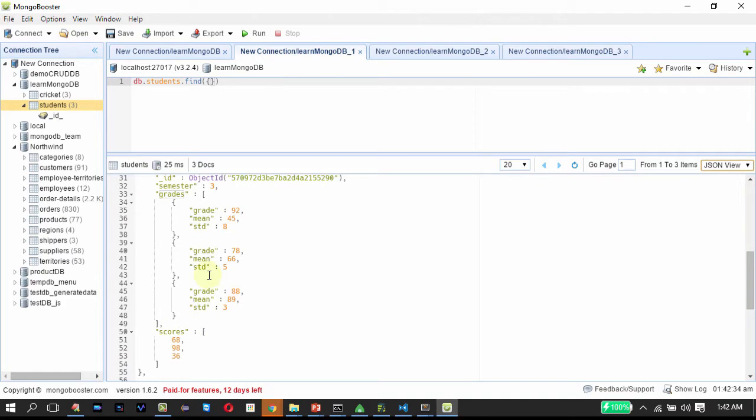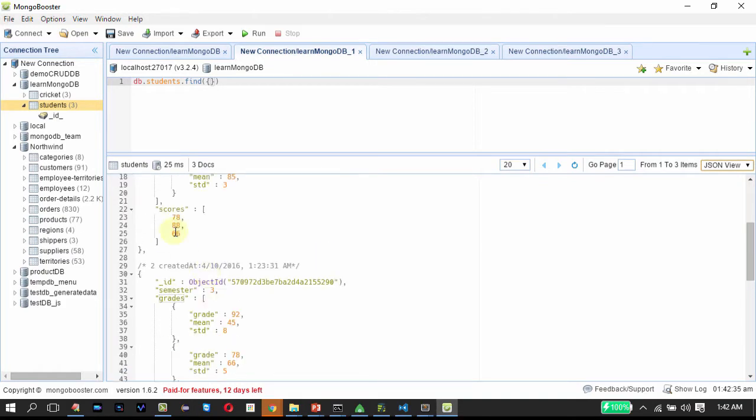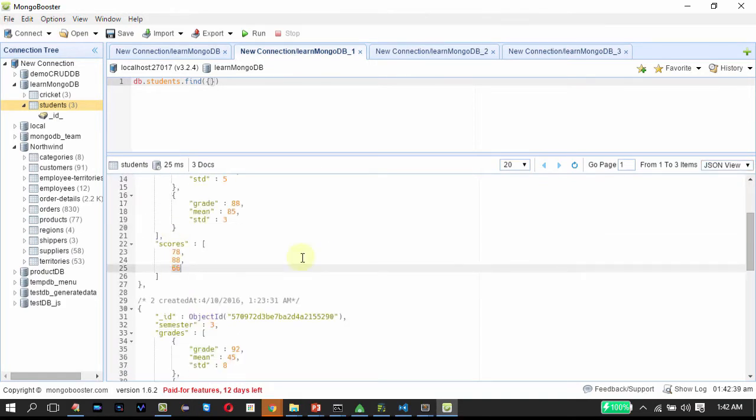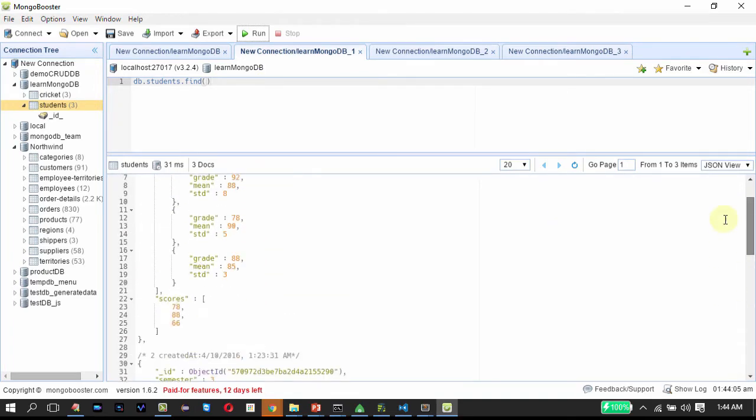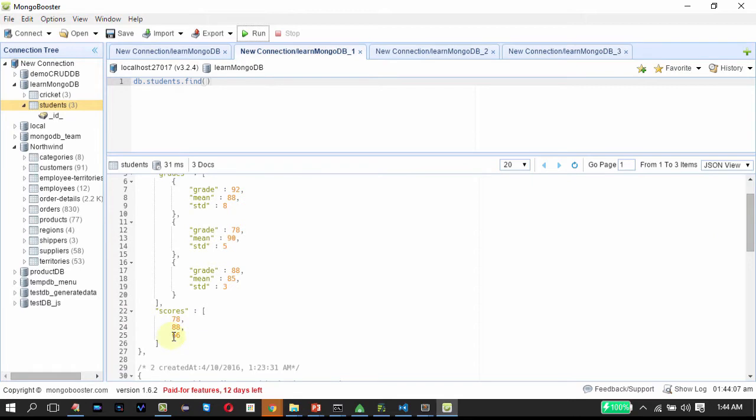Now I want to select the document with score 66. Of these 3 documents, only the first one has the score 66. So I'm going to select that. That's very easy, like our regular data types.